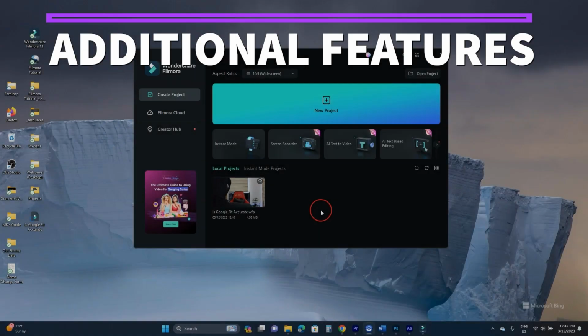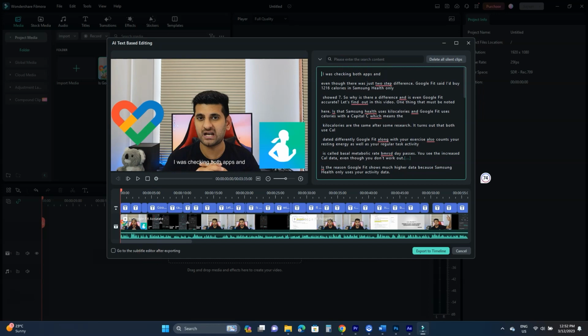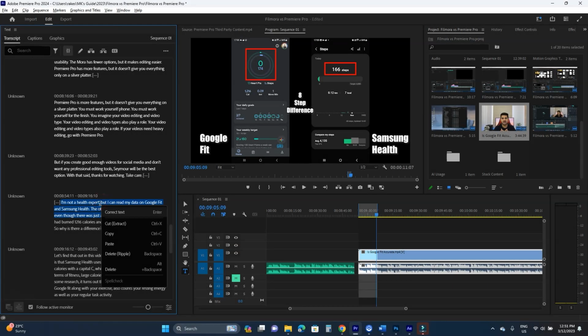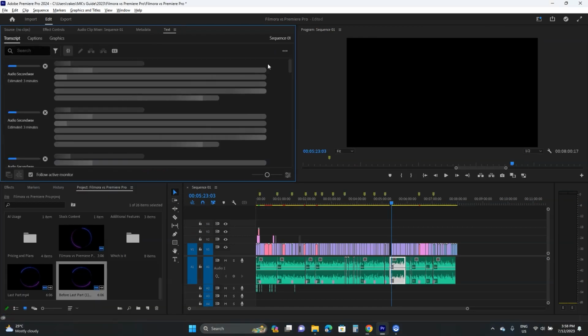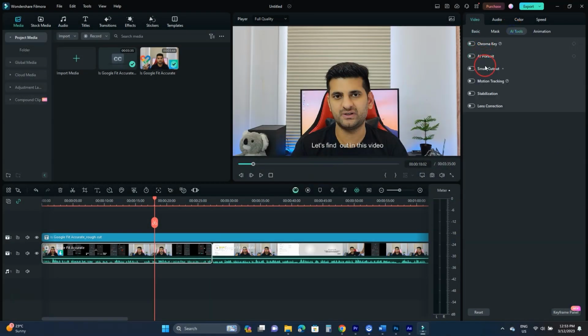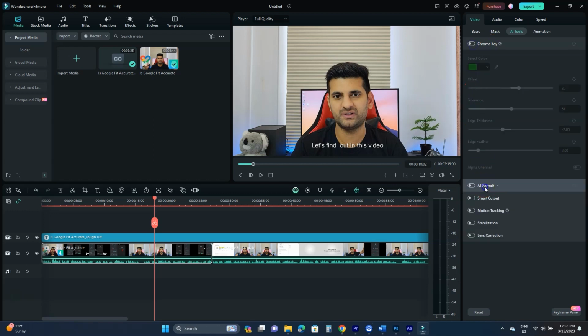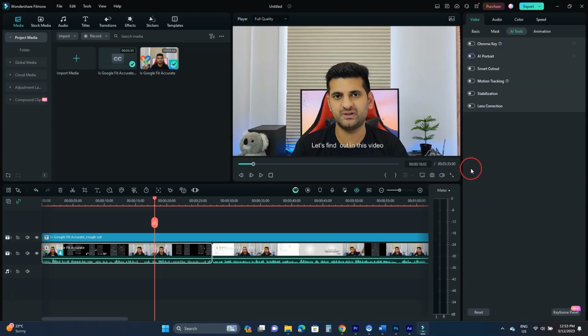I really want to talk about some additional features you'll get with both. Both have a speech-to-text option to transcribe your spoken words and delete parts of the clip by deleting the words. Both can also generate subtitles in multiple languages automatically. Filmora has heavily implemented AI features. We find all those useful to make better videos. Those are still not as good as what we find in the traditional Premiere Pro, but it's a step in a